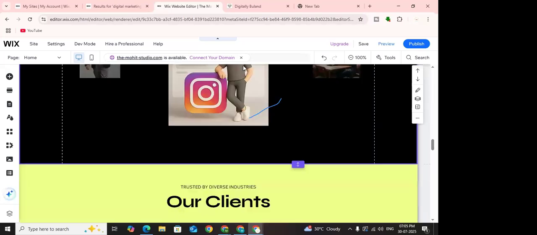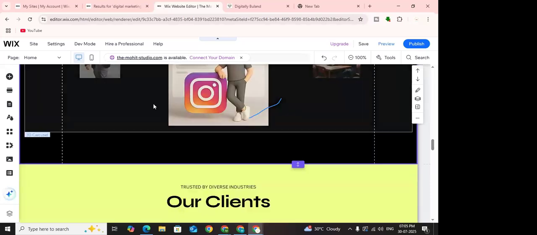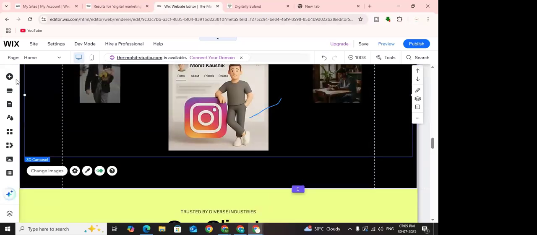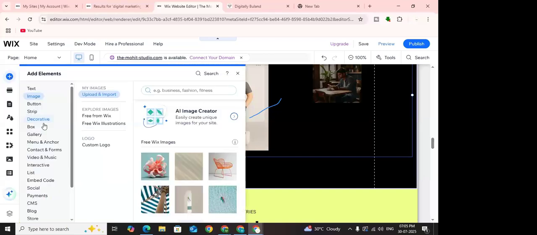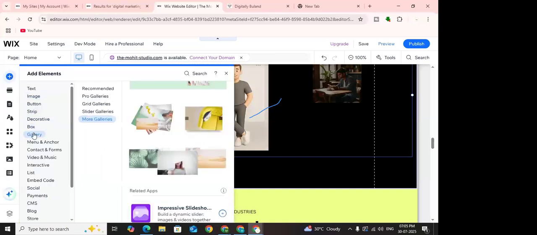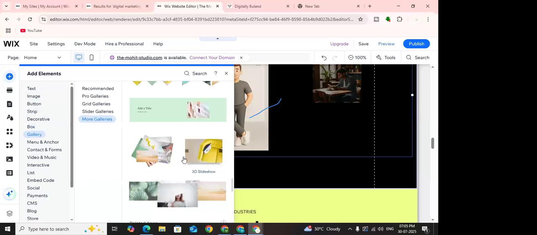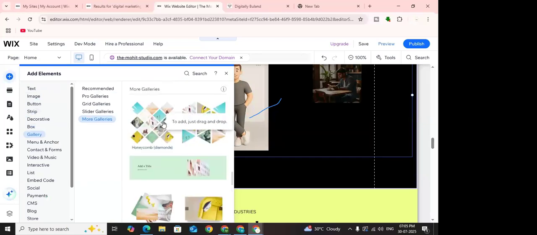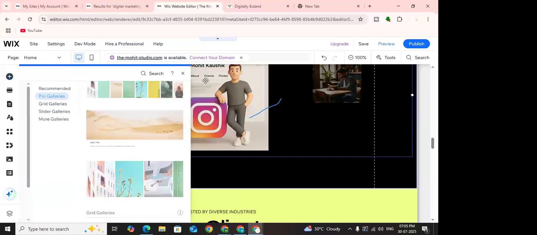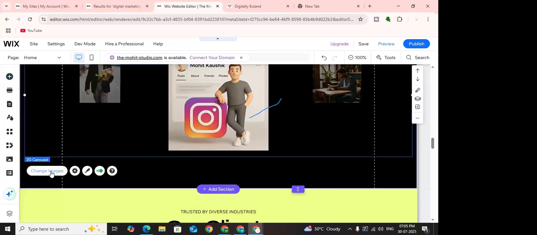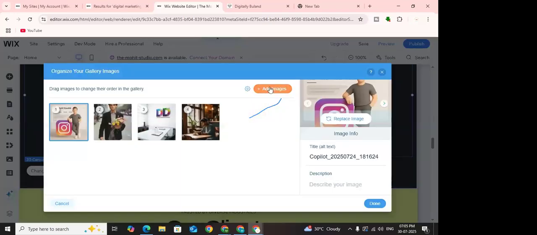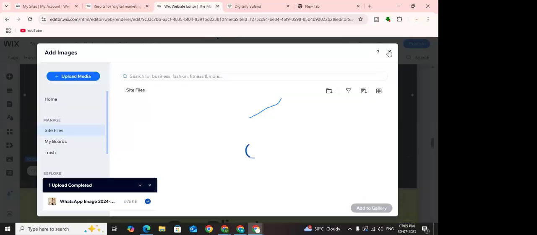You can add all the images here. And one more thing, in the gallery option we can only add the images, not the videos. So to add the videos, what we do,